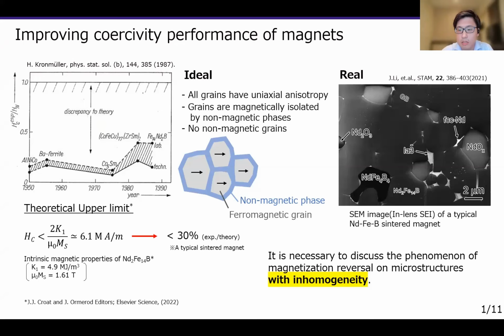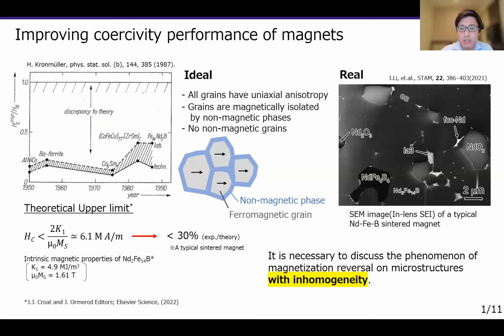Neodymium iron boron magnets consist of main phases and grain boundary phases. Ideally, the magnetic grains are desirable to be single crystals. Each magnetic grain is independent, with no non-magnetic grains. However, that is not actually the case. To understand the mechanism of coercivity of neodymium iron boron magnets, it's important to know how magnetization reversal occurs in